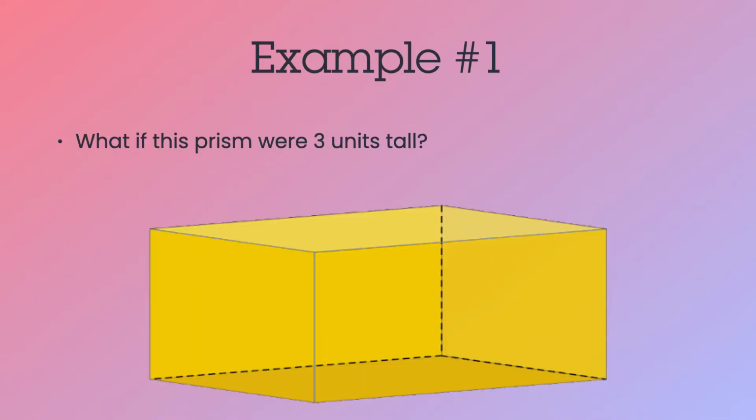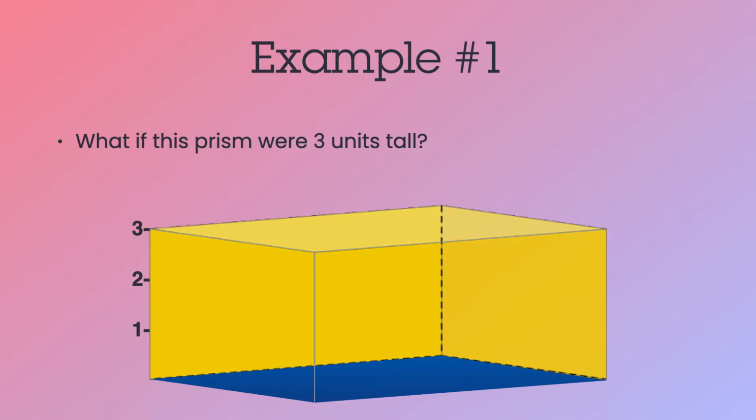So let's look a little more specifically. What if this prism were 3 units tall? Put a little mark, a little legend on the edge there for our 3 units tall. You can imagine this as feet or centimeters or inches or whatever you want. We've got the bottom, and that bottom would just be the area of the bottom. We haven't filled anything yet. But if we fill up to the level of 1 unit,